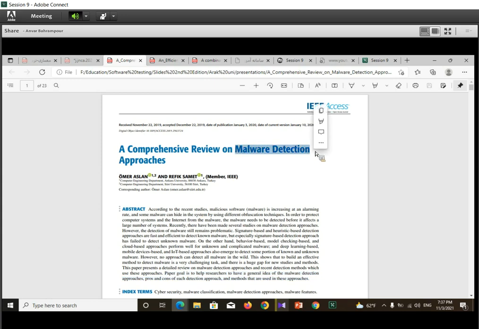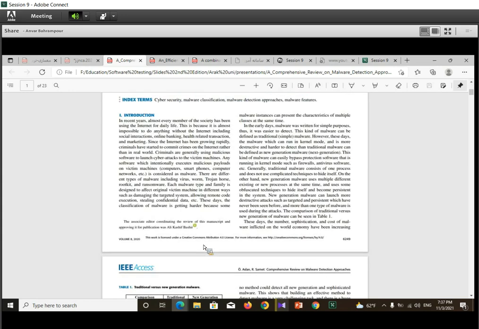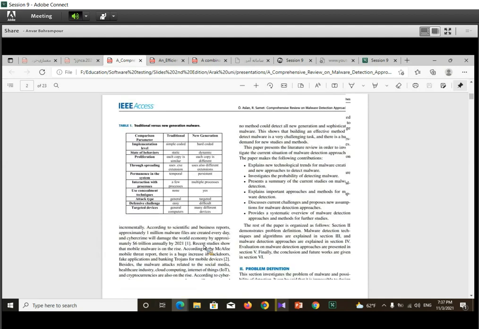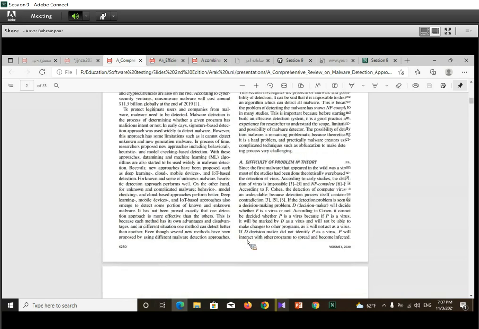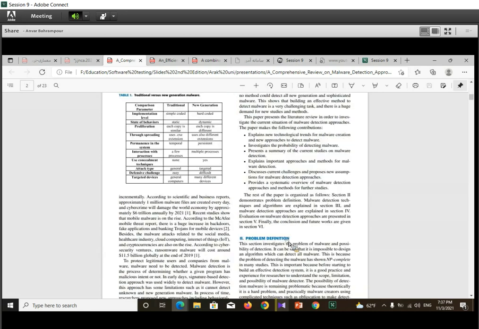In these papers, usually an introduction to the main problem of the paper, of the title, is provided in the first section, but in the second section it may give more definition about the problem, or maybe introduce some related surveys, some related reviews in the literature, or some related works.